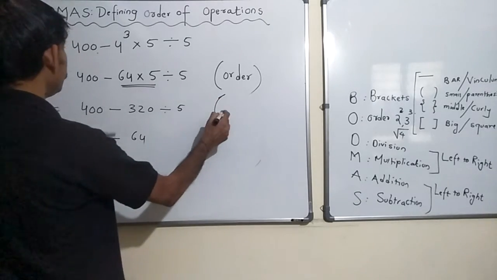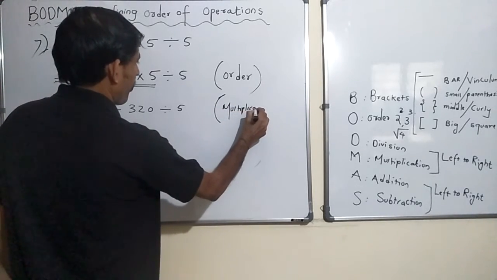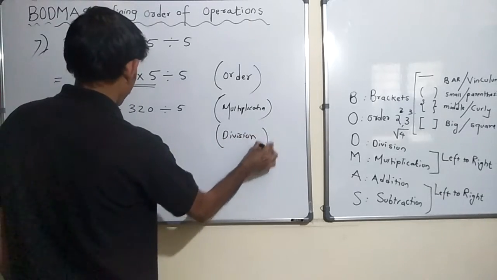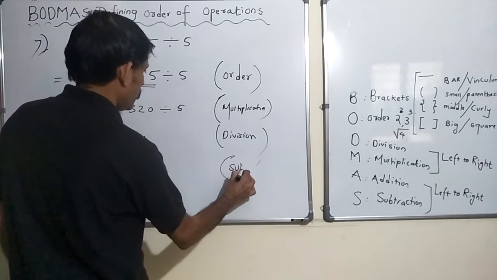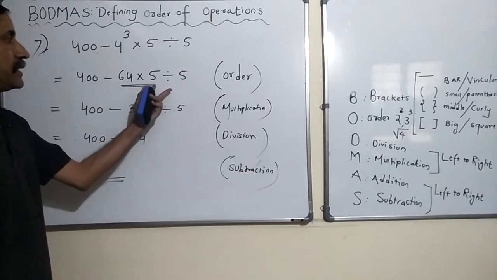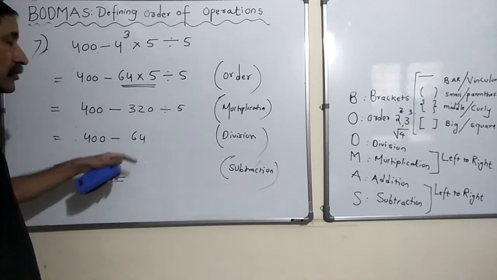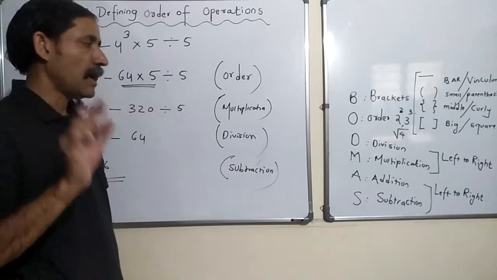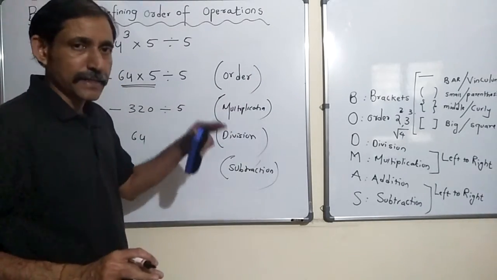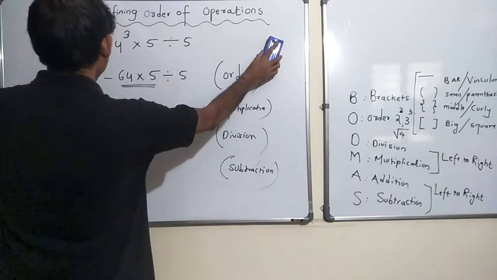So what did I do here? I did multiplication, I did division, okay, and I did subtraction. All right. Even if I had done division first, it would have been the same. 5 divided by 5, 1, right? Then 64 into 1 would be 64. You would argue. Let's follow the rules. The answer would not be the same every time. Only if you follow the rules, only in that case will you get the correct answer. Okay, so we'll follow this BODMAS rule at every step.